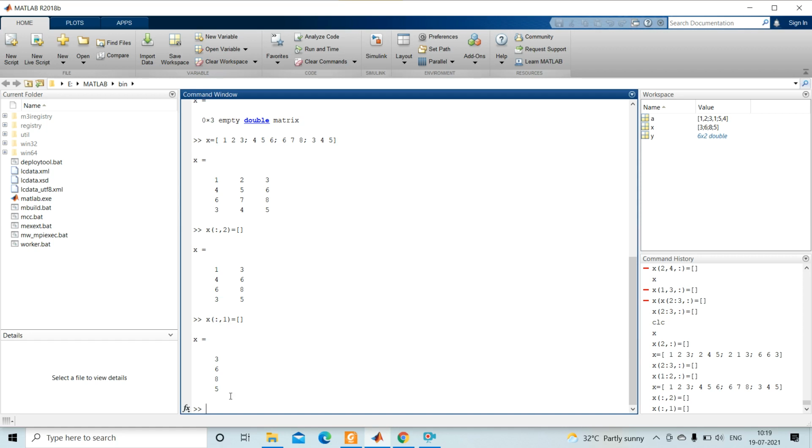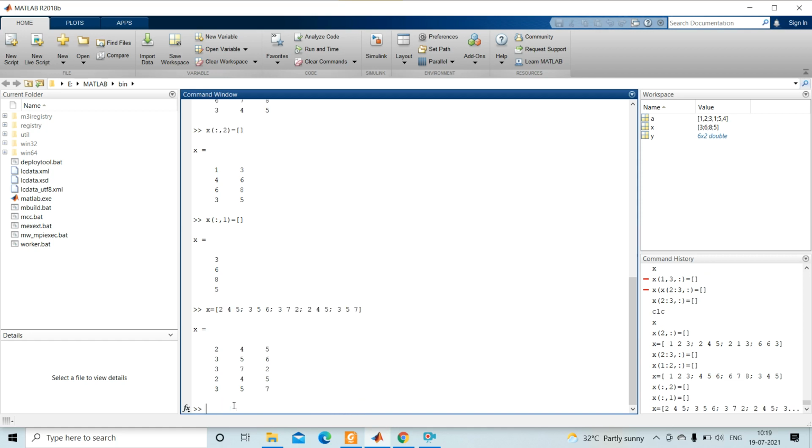Okay, so again create one new matrix. Here we have 3 columns.